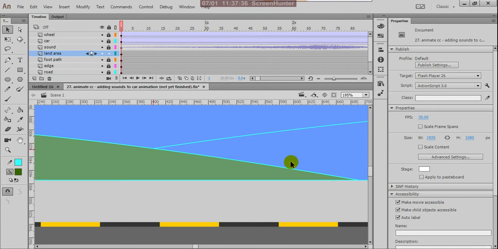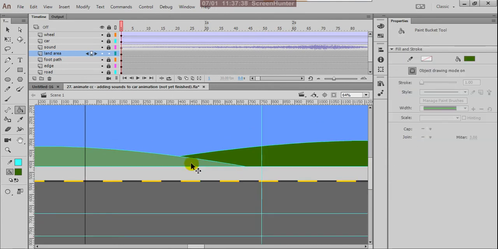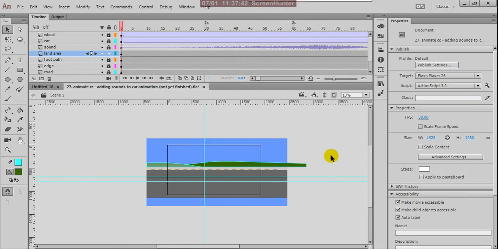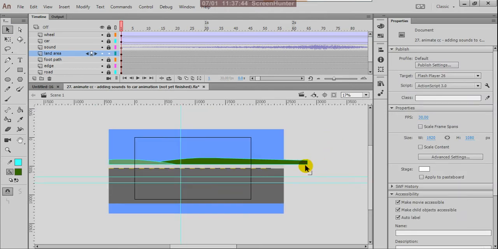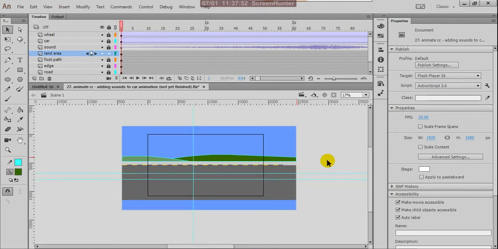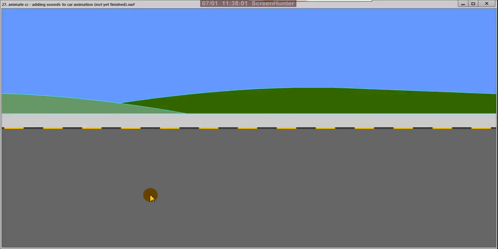Yes, but I want to use some gradient color instead of the plain colors. This is your size of the stage. Yes, suppose this is your car. You can check the preview actually. Excellent.